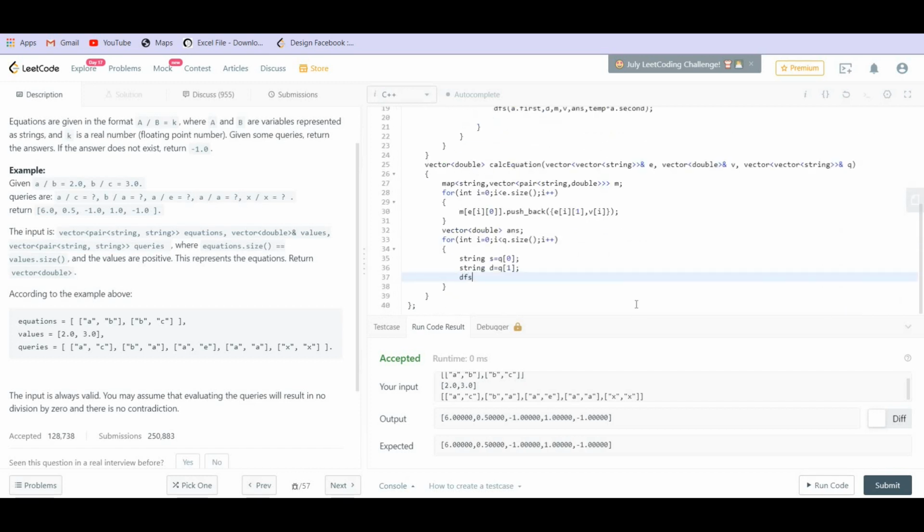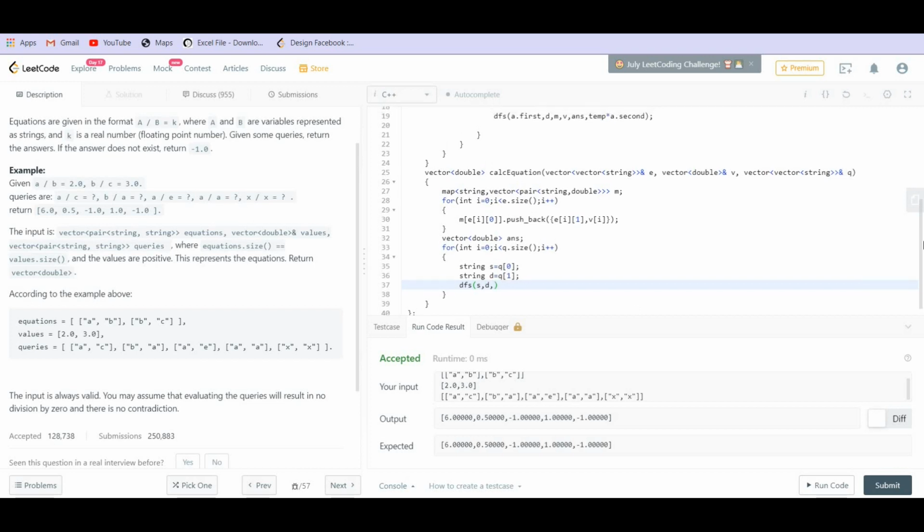So we need to apply the DFS now. DFS from the start to the destination, and pass the map, pass the visited array, and then pass the answer, and then a temporary variable which is 1 initially. Let me tell you why it is 1.